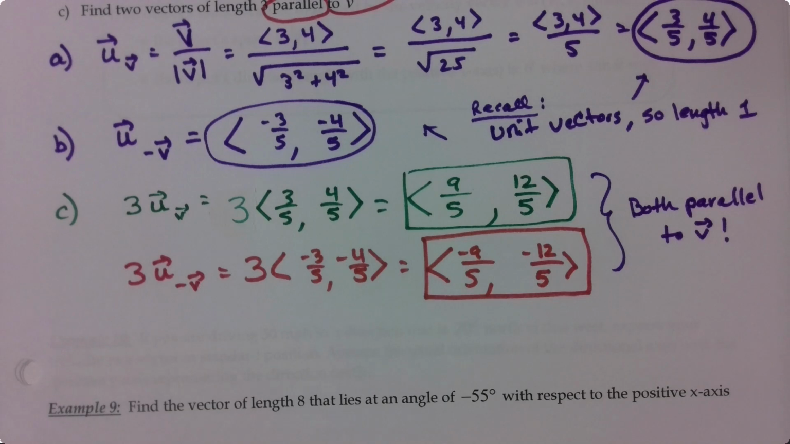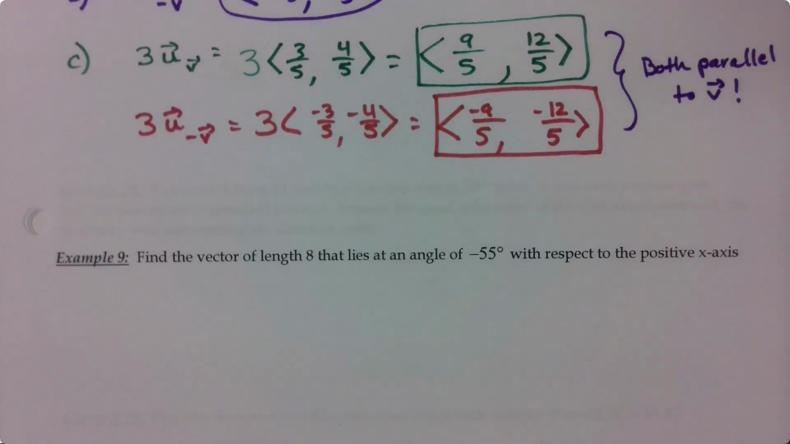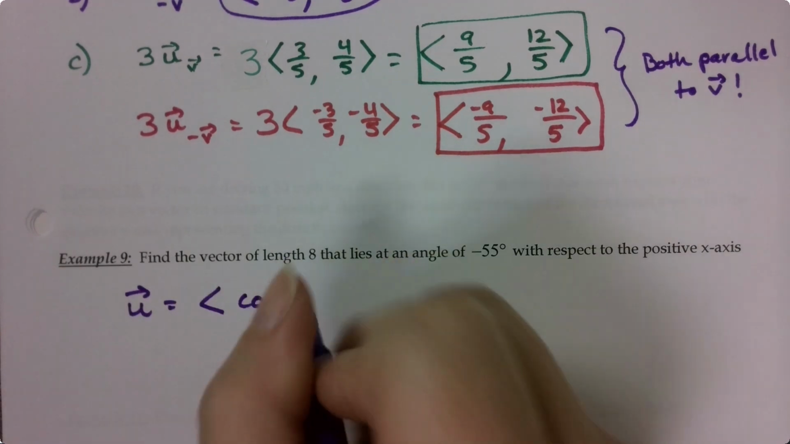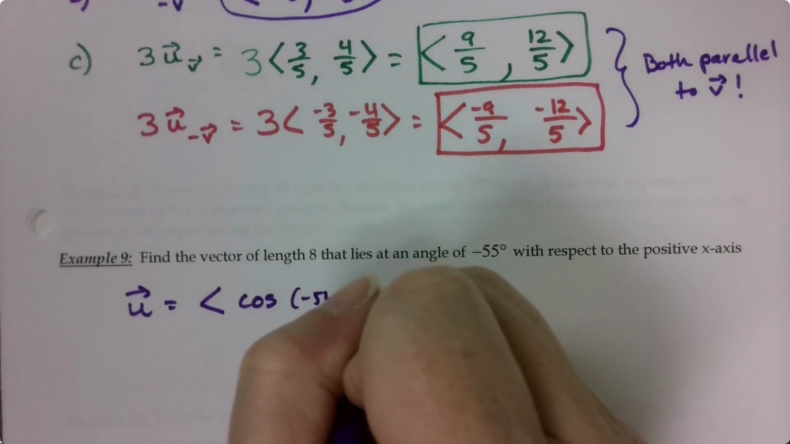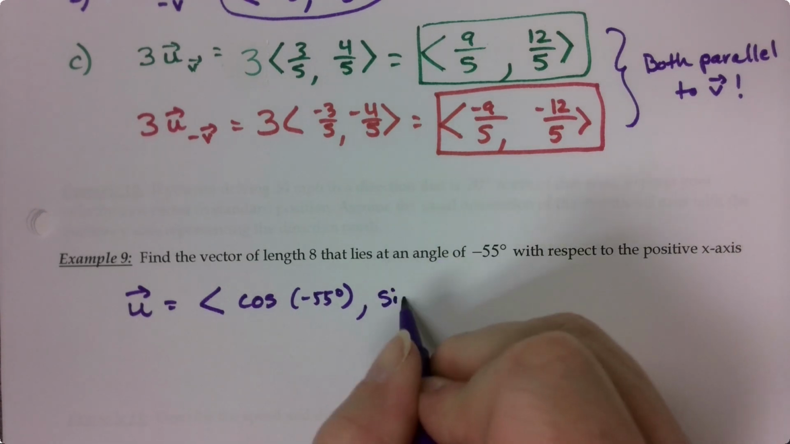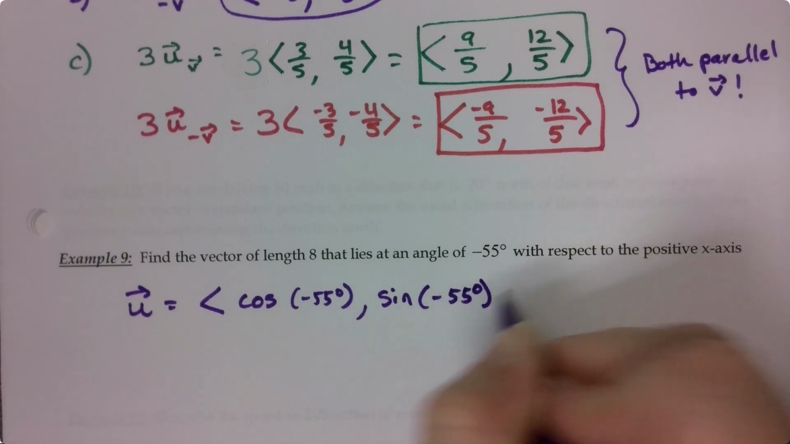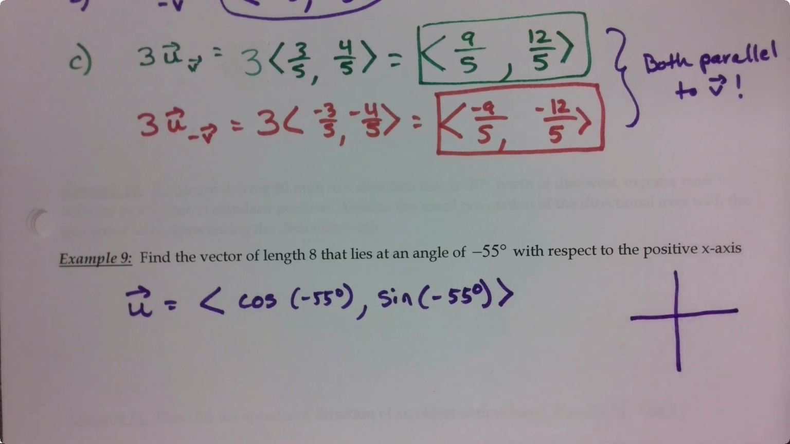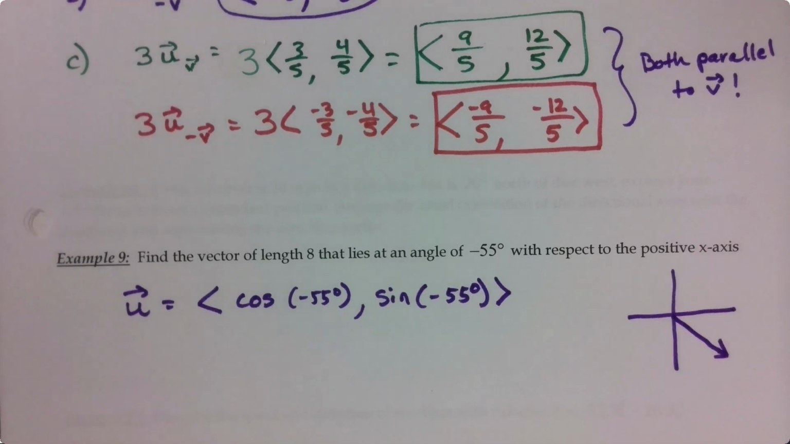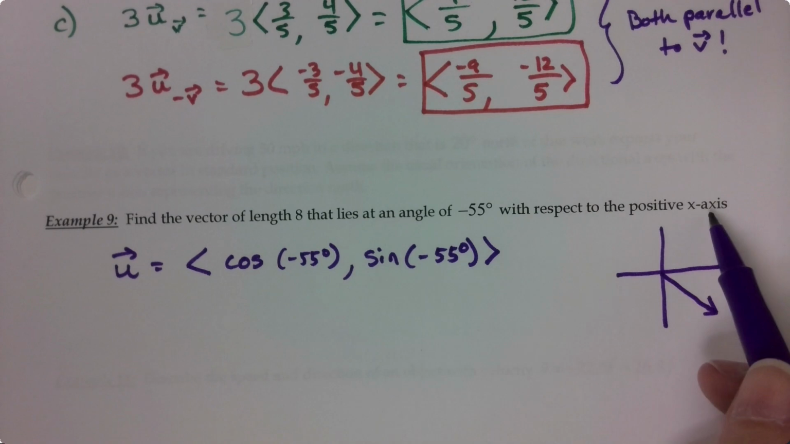All right, now let's find the vector of length 8 that lies at an angle of negative 55 degrees with respect to the positive x-axis. Okay, so let's start off with the unit vector. We know that the unit vector is the cosine and sine of the angle with the positive x-axis, right? So that's good for us because that's the way we know angles. If it wasn't with the positive x-axis, we might have to do some work here, right? So we know that the angle is negative 55 degrees, so it's going in that direction, because it's negative 55 from the positive x-axis,